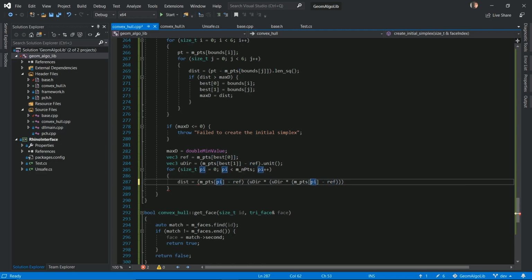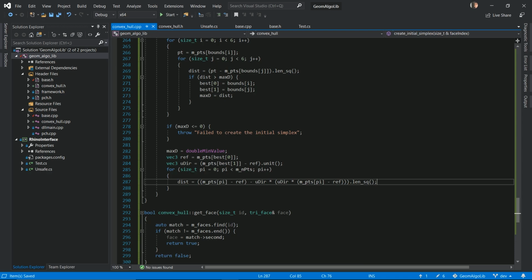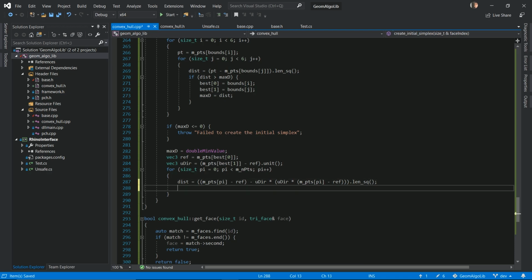And this is the parallel component, and we have to subtract this parallel component from the original vector to get the perpendicular component, and the perpendicular component represents the distance. And once again, for comparison's sake, let's use the squared length of this perpendicular vector. And if this distance is greater than the maximum distance that we know so far,